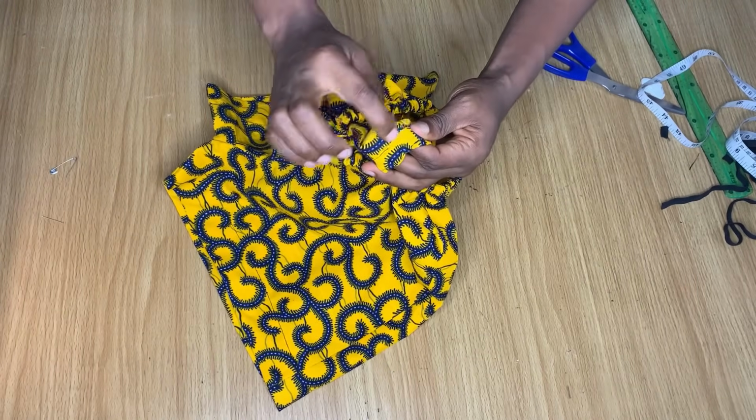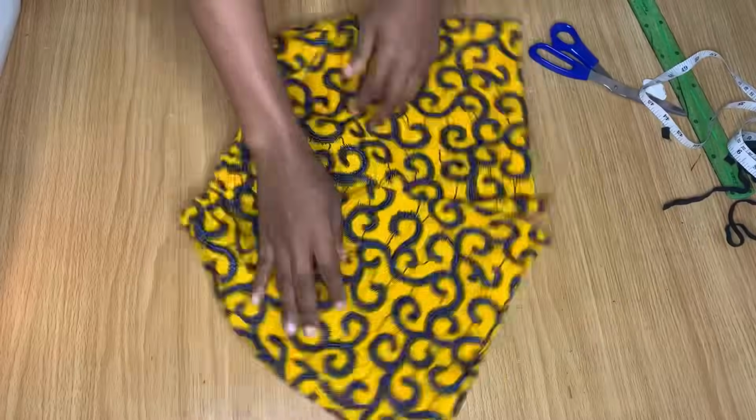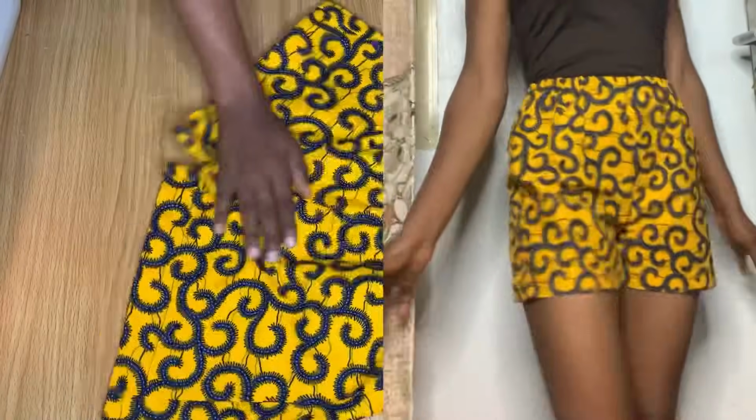So I'm just going to go ahead now and stitch that area where we passed the elastic through. So after I was done with everything, guys, this is my short looking all nice and simple. This is for